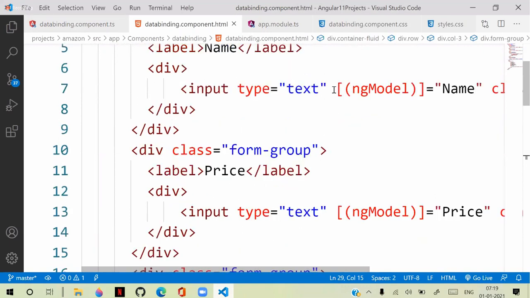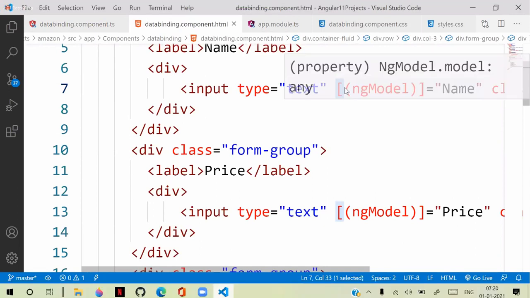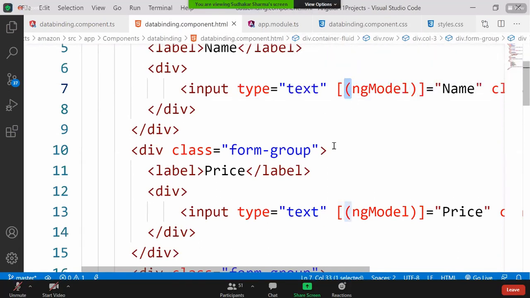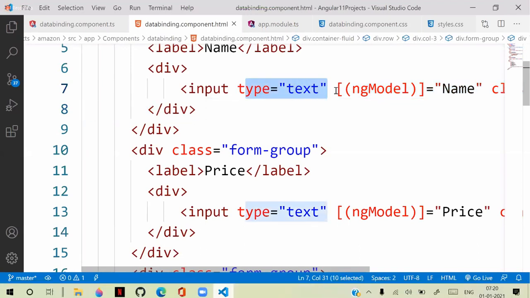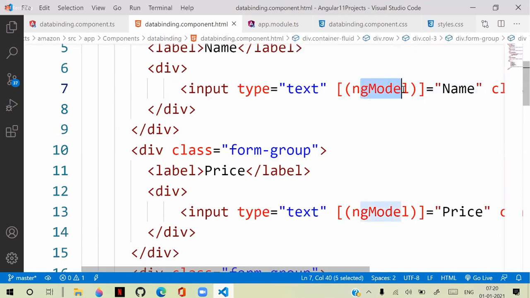What is the meaning of this square brace and parenthesis? Square brace is property binding and the parenthesis is event binding. It will bring the value and bind it to its value property. If any change happens in the value, on change, the model will update the data into that name.